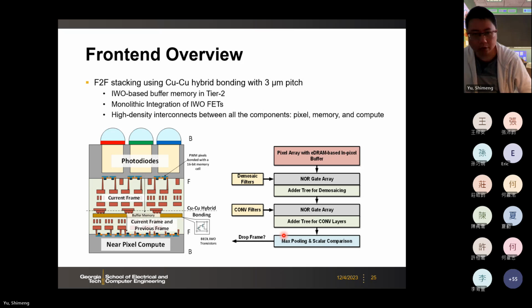So then to integrate the accelerator, here we're going to use face-to-face bonding. And we assume 3 micrometer pitch for the bonding pad. So here, this top die is a CMOS image sensor. So for CMOS image sensor, it is typically back illuminated. That means on the back side of the silicon, we will have the photodiode for different wavelengths. And so you have the RGB